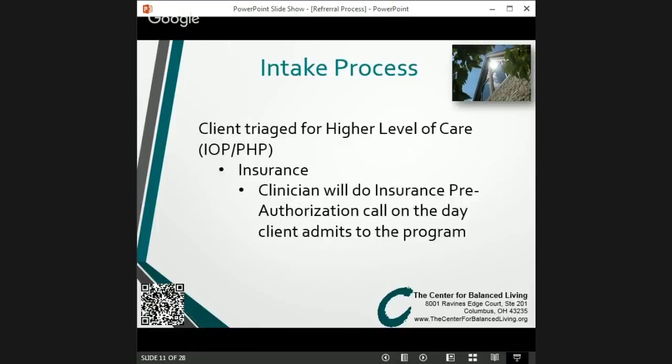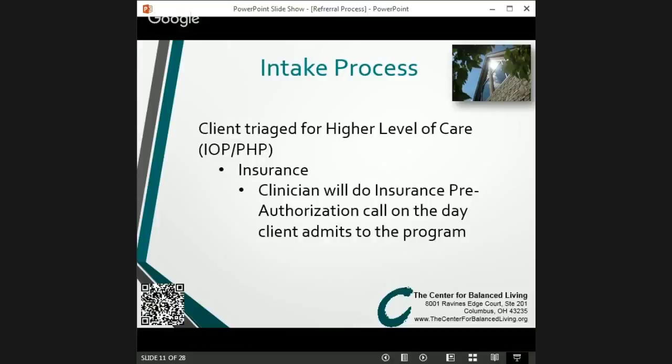And then the last piece of the intake process is the insurance. So while they're in the 2-hour assessment, our billing director and front office staff will be calling the insurance company to get the client's benefits. And we'll meet with them at the very end to go over what the insurance is going to cover and then what they will be responsible for financially, the difference regarding what the program is going to cost after insurance